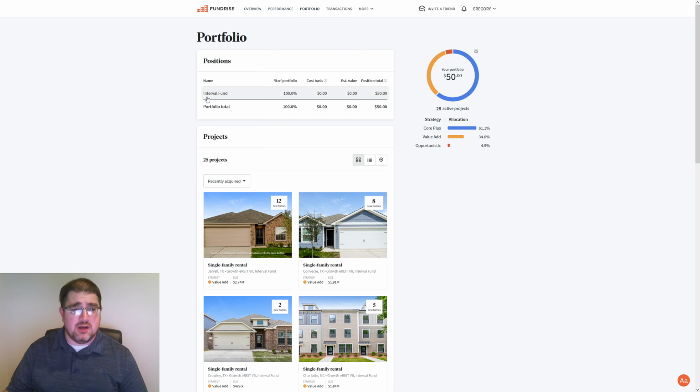As you can see here, we're in something called the interval fund, which we'll go into a little bit more detail in a bit. It's 100% of our portfolio. Anybody that comes in as a starter account is going to be in this fund. It's just where you're going to be put. So your initial $500, actually I think maybe first $1,000, we're going to have to check that out, is going to be in this fund,